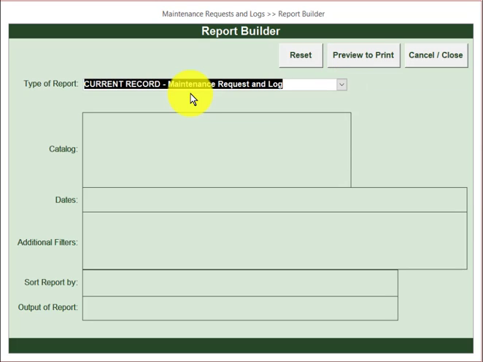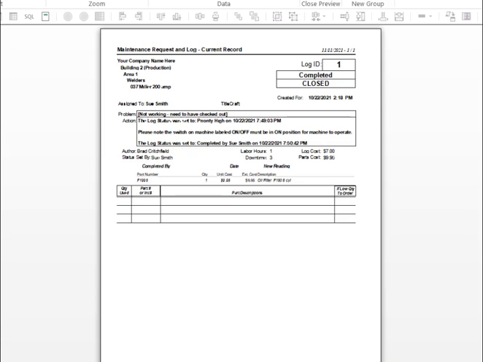The first report, Current Record, has no individual filters because we are just printing the record that you were on when you opened the report builder. Just click Preview Print. The layout on the detailed report is that you have your catalog drop-downs here to tell